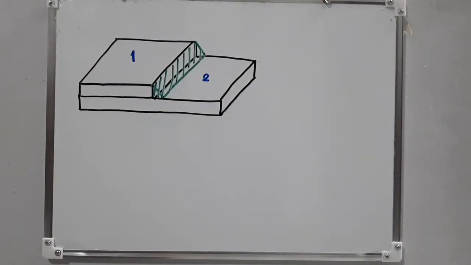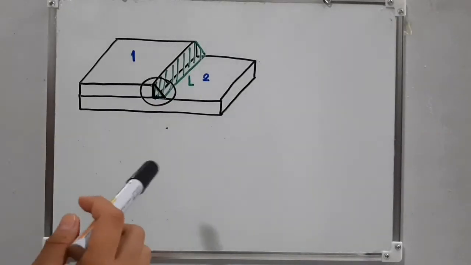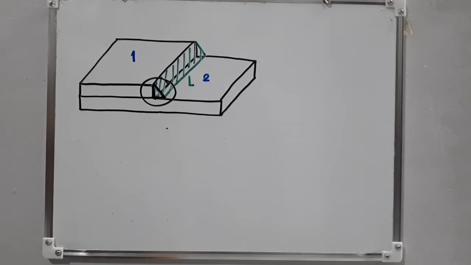The effective area of the fillet weld shall be taken as the effective length times the effective throat thickness. So, paano natin nalalaman yung area nung weld natin? Kasi, sinusolve din natin yung weld natin using the formula of the stress, which is force over the area na sumasalo ng stress natin. For us to identify the area of your fillet weld, because the principle in fillet weld, we are just applying the principle of stress, which is the stress is equal to force over the area. So for us to identify the area,